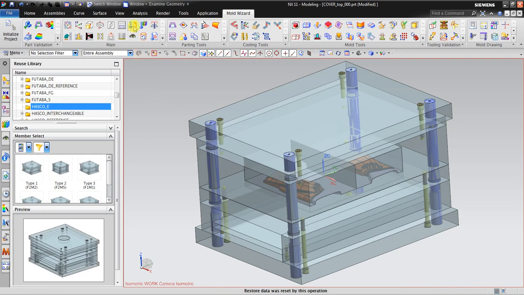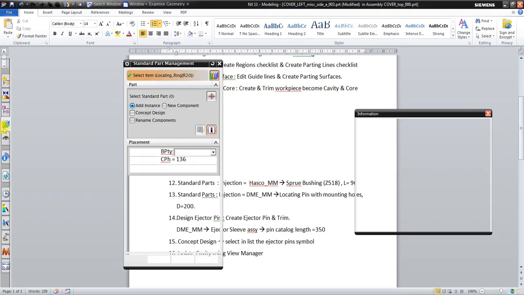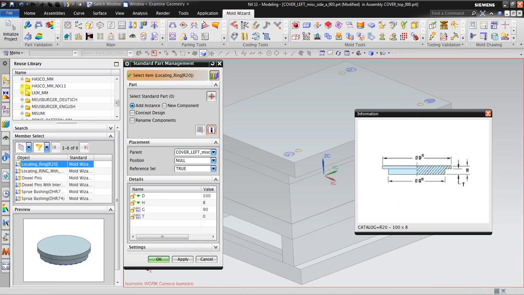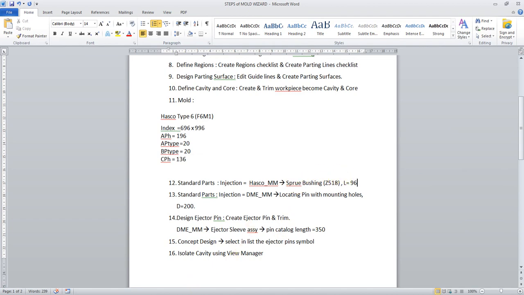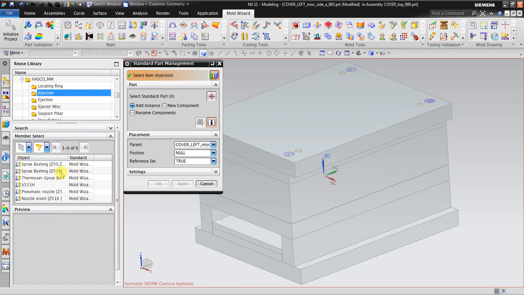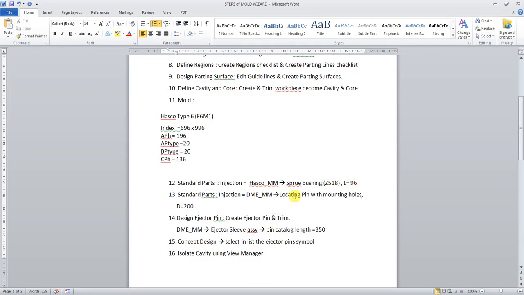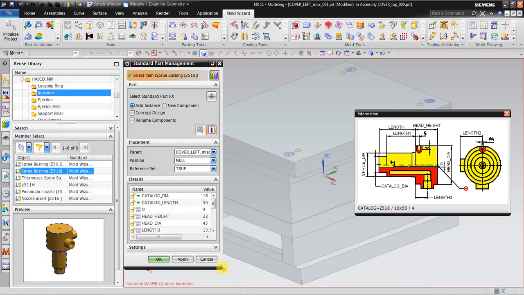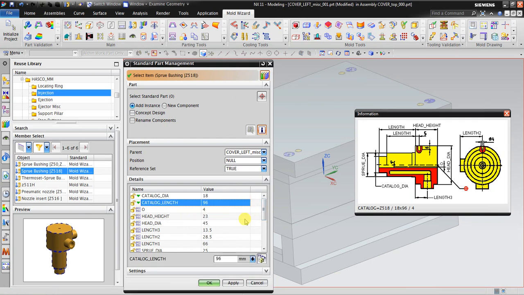Okay, what I need to do now is to go to standard part library, go to Hasco, go to sprue bushing Z15, we go to injection sprue bushing Z1, this one, Z518, right? Z518 with length 96 millimeters. So you can see the length is L in here, 96. Okay, now when I click OK, NX will automatically insert